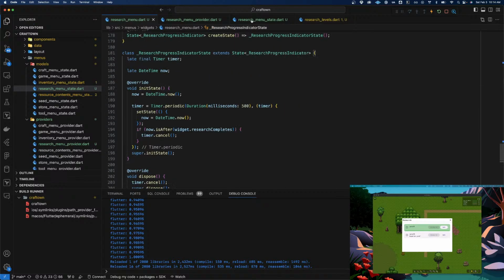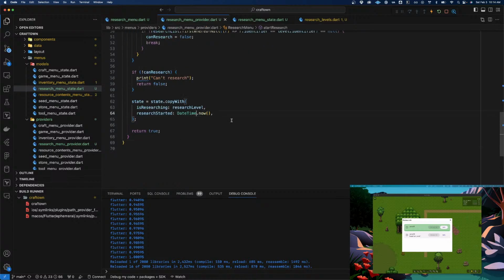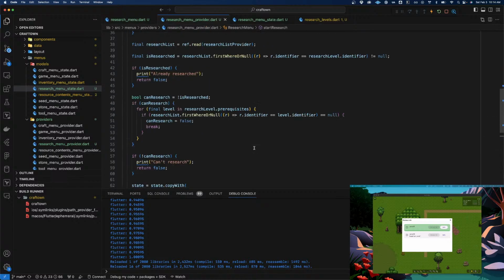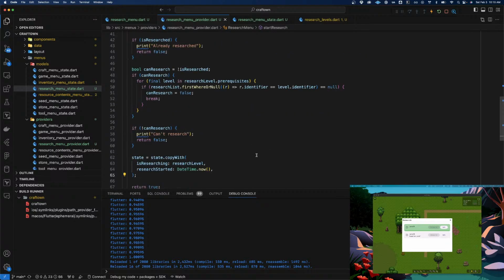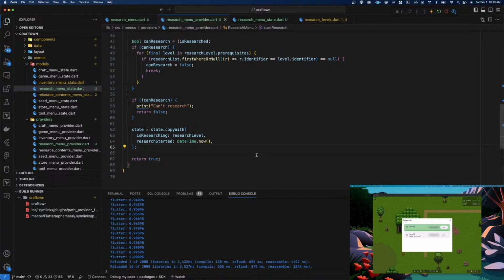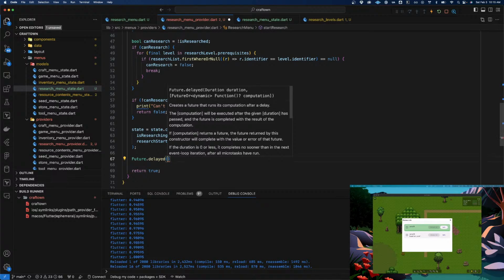Okay, so what we need is when research actually starts. This is just the UI side of it. We obviously need to create a future here that will actually complete it. And I think I'm fine with doing this here. So we can do Future.delayed, and we want to basically pass in